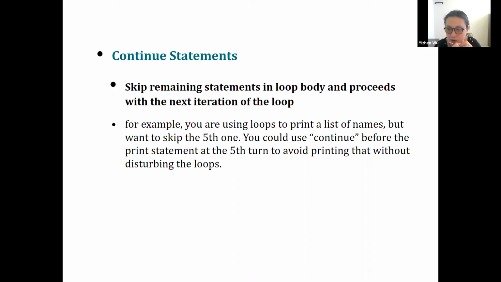So if, let's say, the iteration number or the round number is equal to 5, you want to skip that. You're not printing something. That's where you would use a continue statement. It will not disrupt how the whole loop will run. Instead, it's just gonna